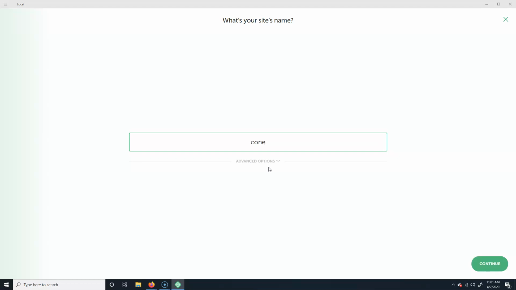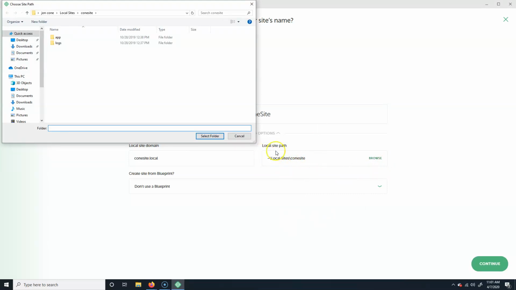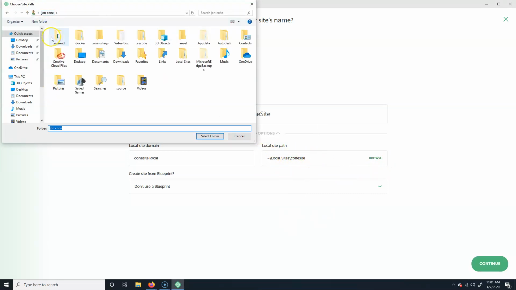I'm just going to call mine Cone Site. I'm going to click on the advanced options, and you can see this is what it's going to do. Now when I go to create this, it's going to have a conflict. So what I'm going to do is browse. This is where it's going to save the site to. So I'm just going to back that up, and I'm going to make a